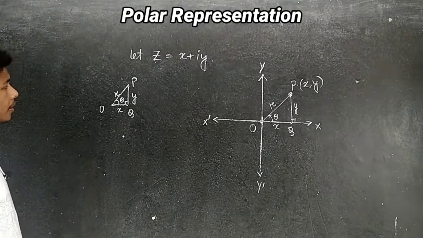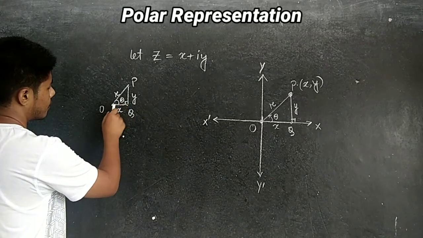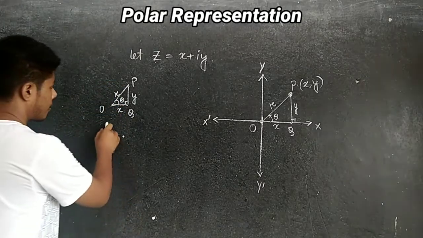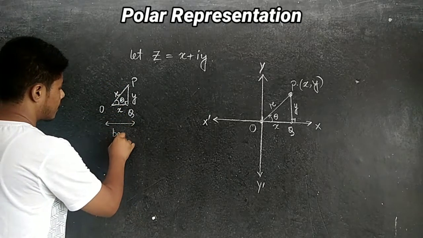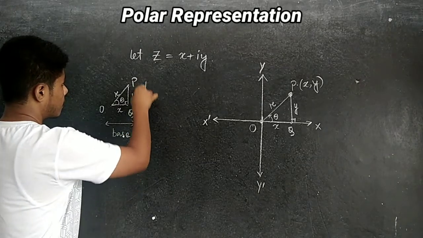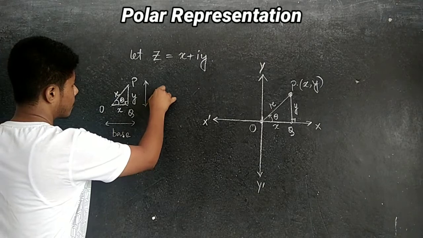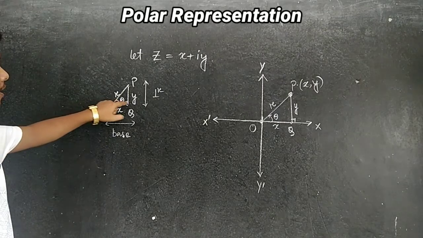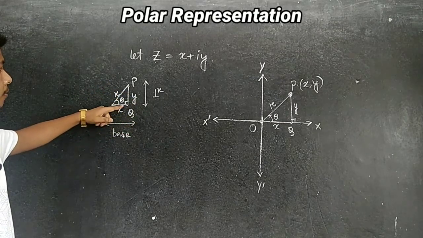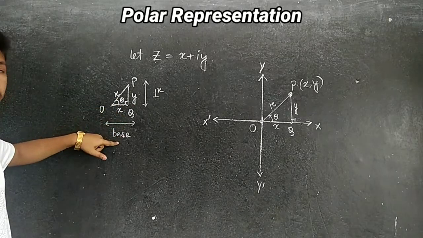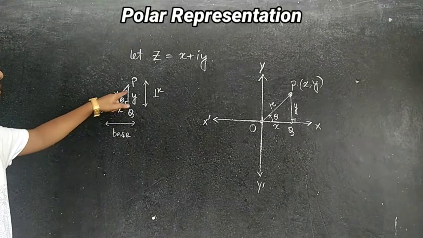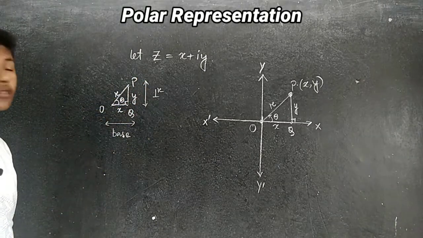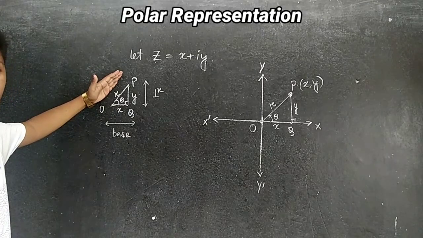If it is 90 degrees, we can easily apply the trigonometric formula. So in this case theta is here, 90 degrees is here, so OQ is what? Base, and PQ is what? Perpendicular. All of you understood this? This is a right angle triangle, theta is here, 90 degrees here, so the included side is which one? OQ, so that's why it is base, and opposite of this angle is this one, so perpendicular, and opposite of 90 degrees is the hypotenuse, isn't it?